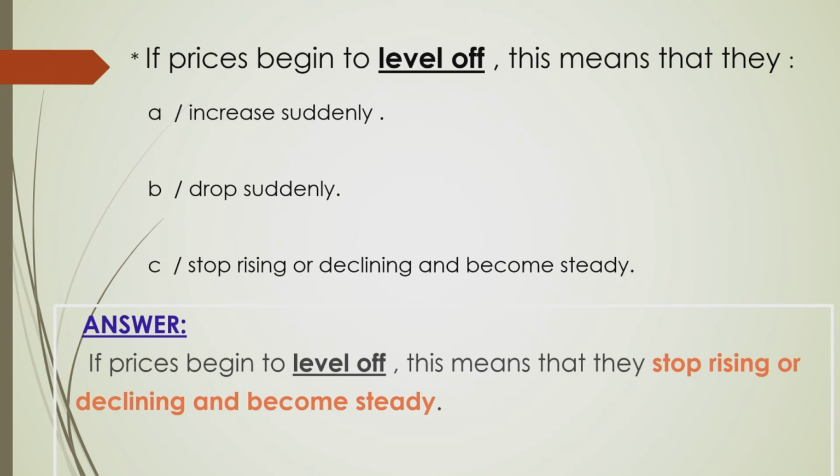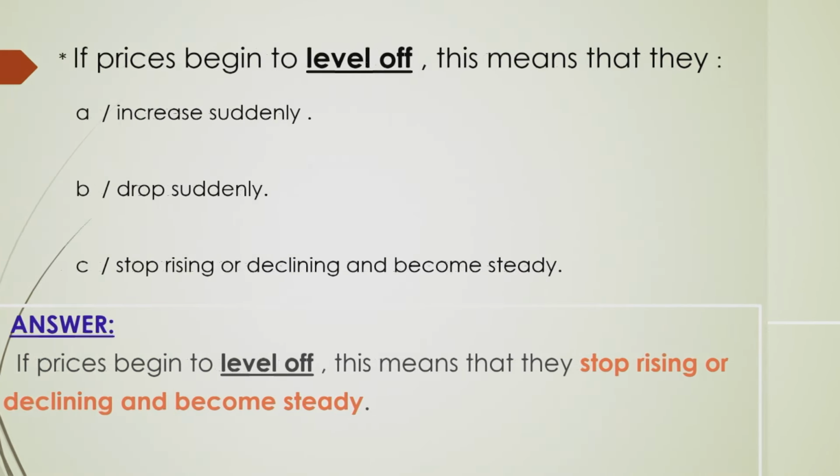Well, the answer is the following. If prices begin to level off, this means that they stop rising or declining and become steady. So we refer to a context of stability, of steadiness. Next,